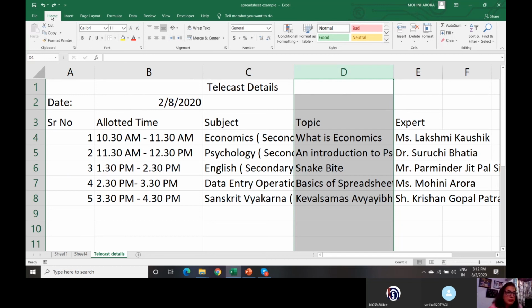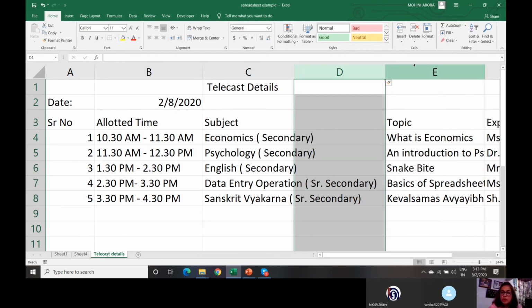I'm on the home tab. See, right now I'm on the home tab. On the home tab, in the cells group, I click on insert. Right? And it asks me, do you want to insert cells, or insert sheets, or insert columns. Right? So as I want to insert a column, I click on insert sheet columns.